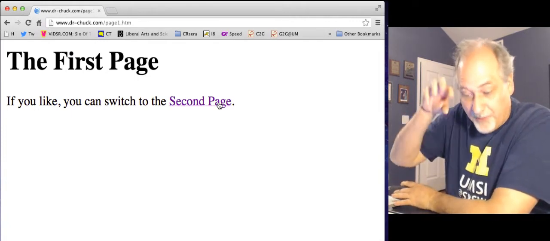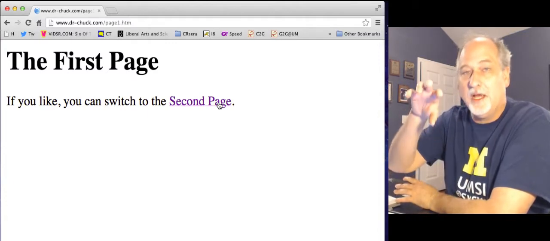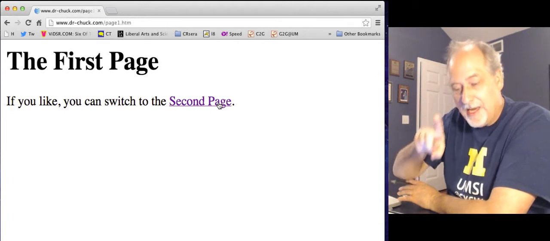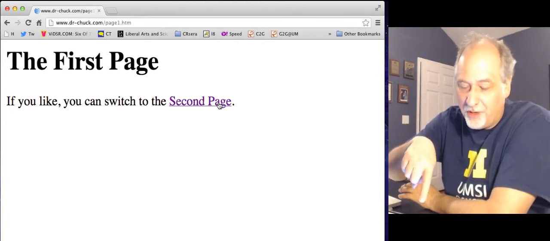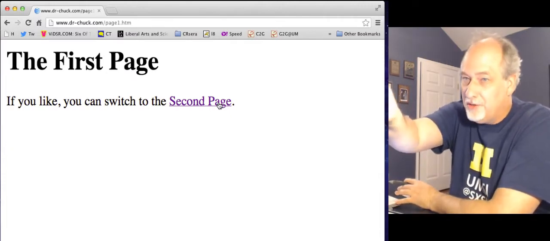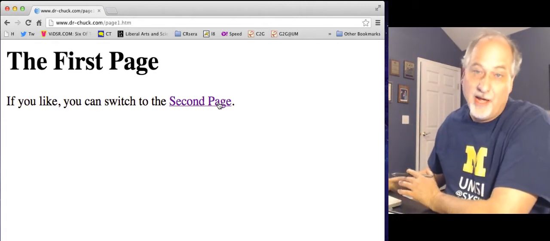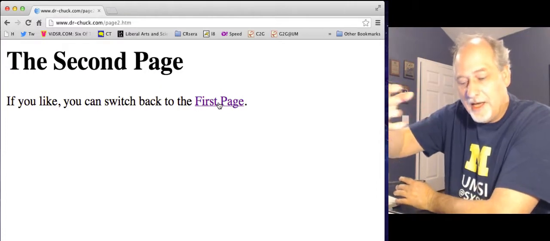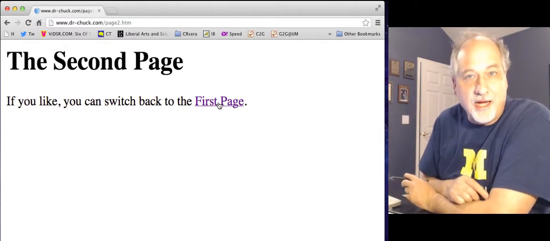Now, this browser is running on my laptop. It is a web client. It is an HTTP client. And I'm about to click on this piece of software running on my computer, and then it is going to make a connection out the back of it, retrieve a document, and then show me the other document. So it's going to happen real fast. I'll click on second page. It requested and got a document back and showed me the document. So that's the contents of the second document.